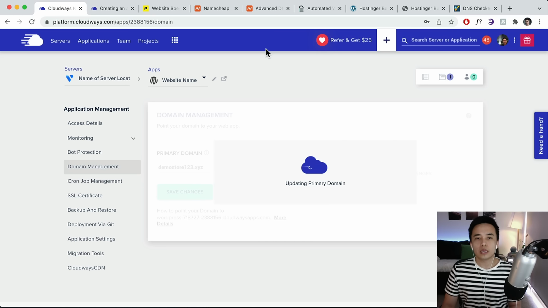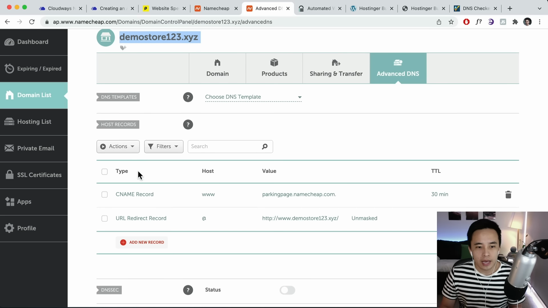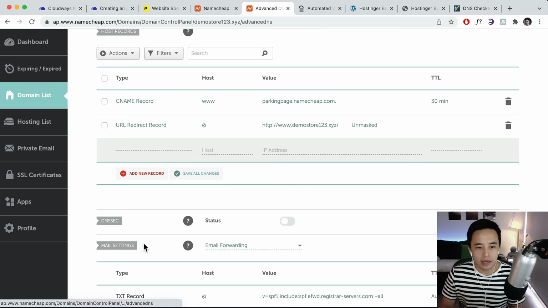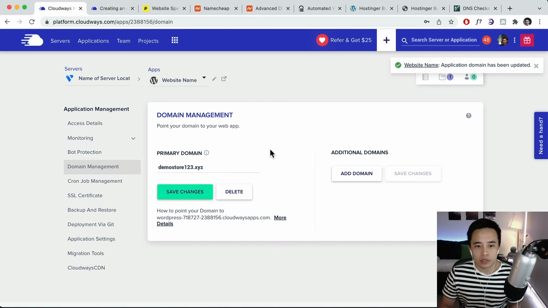So what we need to do is we can go back over here, okay? And we need to add in the A record. So what we need to do is click on add new record and A record. So for the host here, we're gonna put @ and this is gonna be your IP address from Cloudways over here. Okay, so once that is added, then we can go to our server,